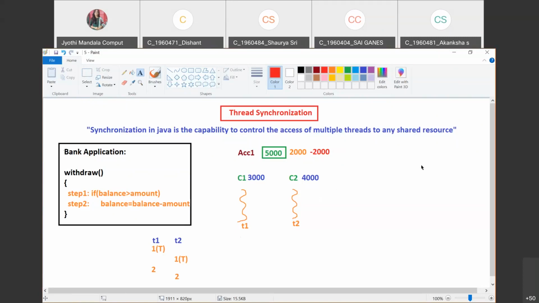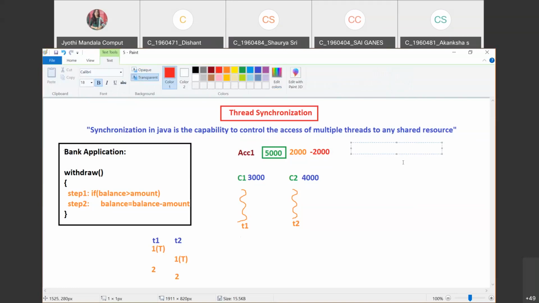Right. Now, as you are all clear with why we need synchronization, let us see how synchronization can be achieved through programs in Java. Whenever you want to achieve synchronization, we have two ways. The first way is to use a synchronized block, a block that can be considered as synchronized. The second option is to use a synchronized method.